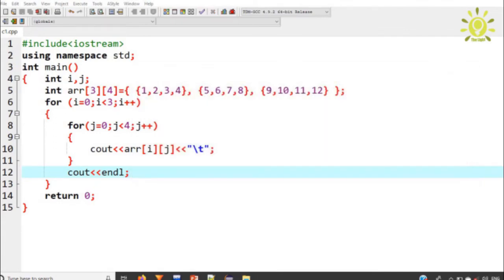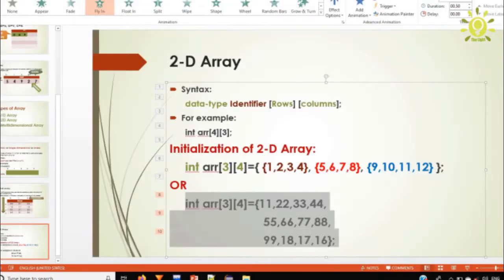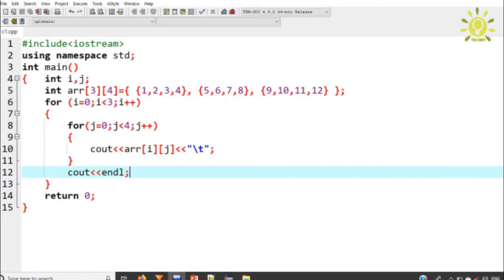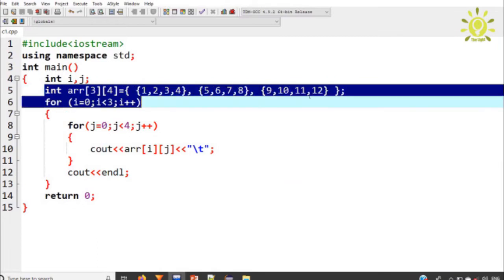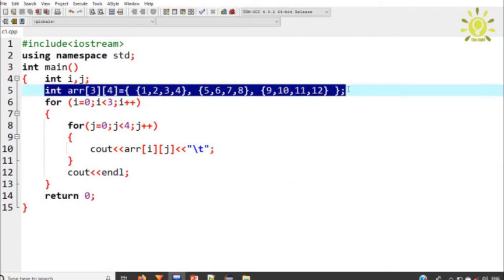The second method of initialization is this one. First row and then press enter, second row and then enter. I will copy this and paste it here.